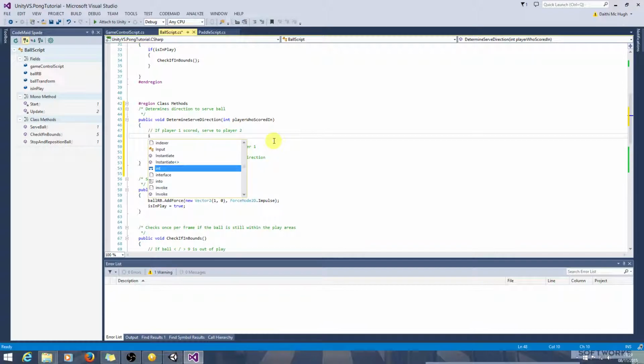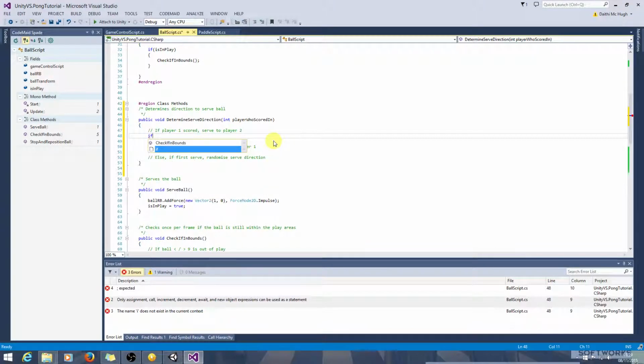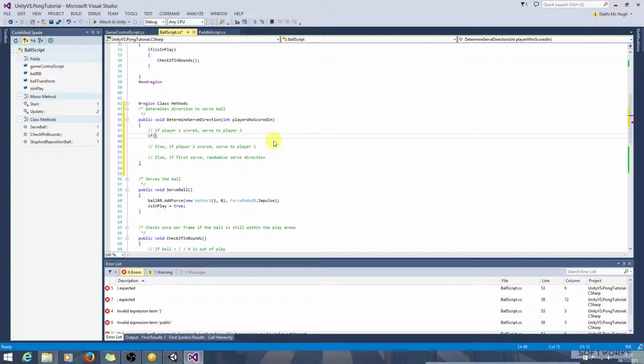Okay, so if player who scored in equals 1,